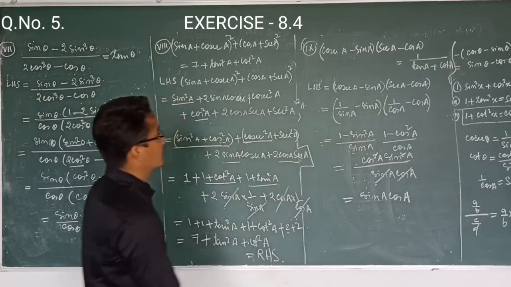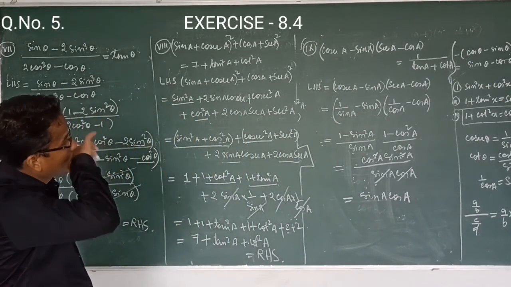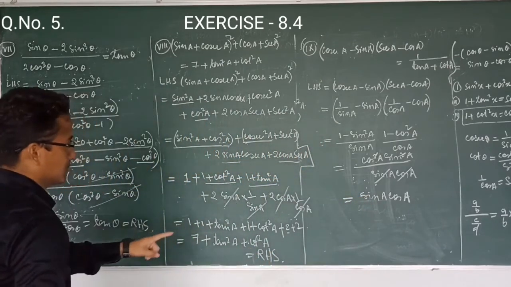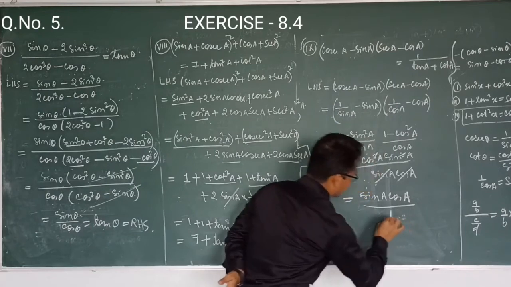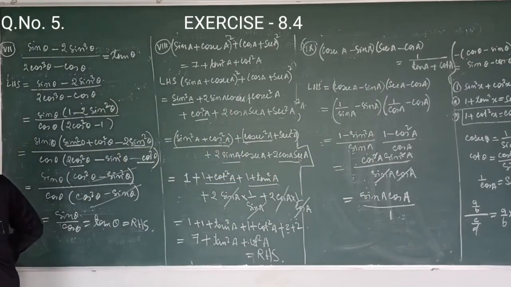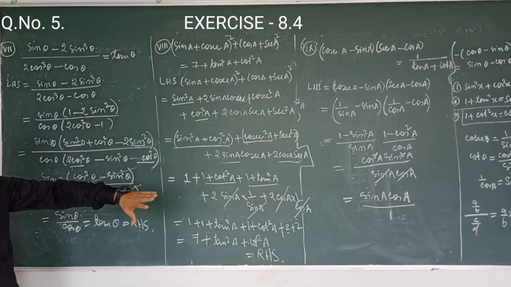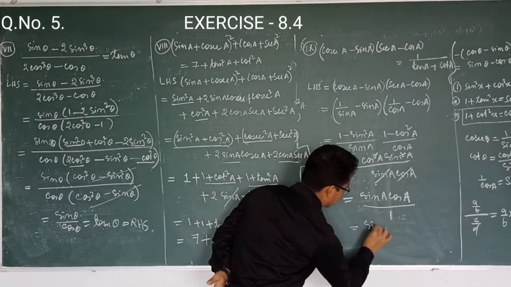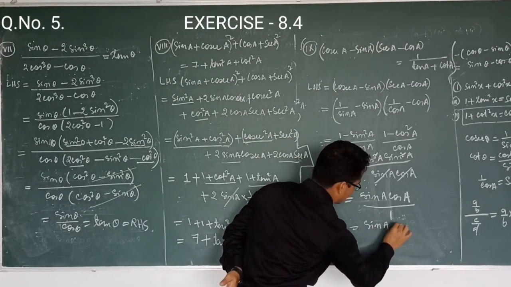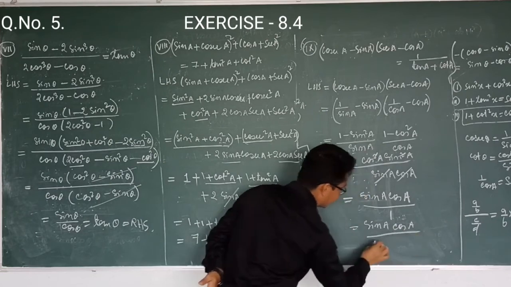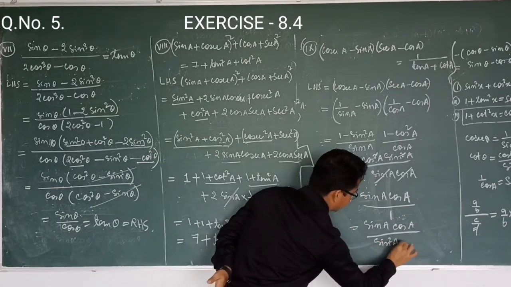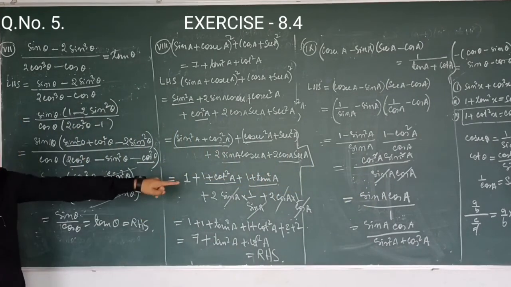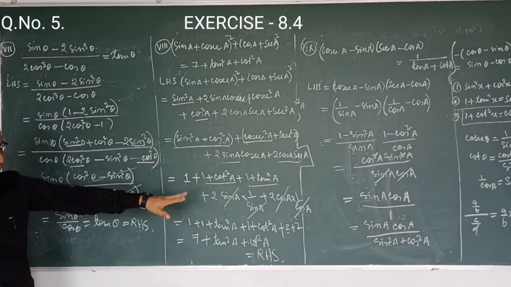So which is not our right hand side. So what can we do? We get the benefit of 1. Okay, let's see once again. I will put 1 here. Denominator divided by 1 means nothing is going to be changed. So in that place, I will write sin A by cos A, then I will write here sin square plus cos square, taking the benefit of 1 once again.